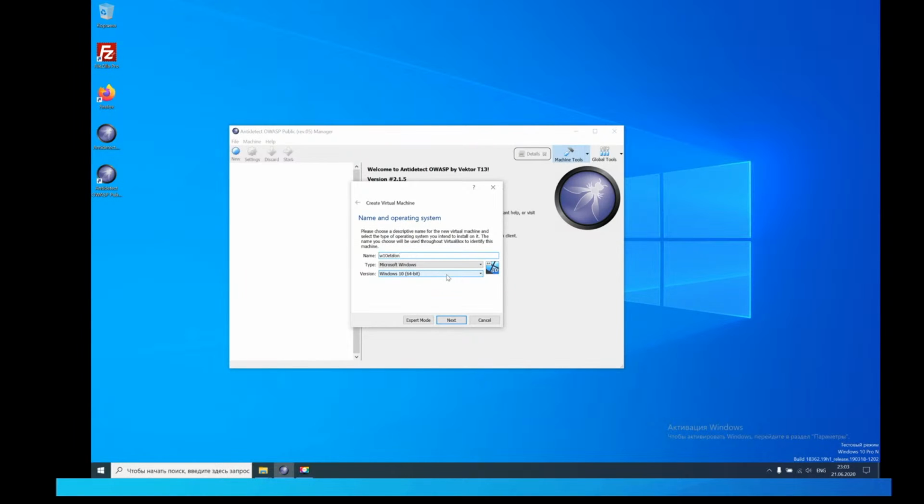VTX, find this option and turn it to enabled. After that, just reboot, boot into your host operating system, and you will be able to virtualize 64-bit systems. So click next,